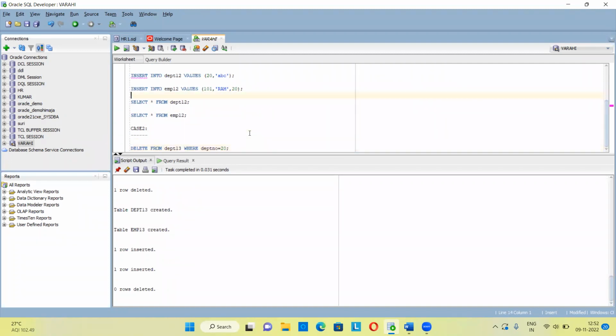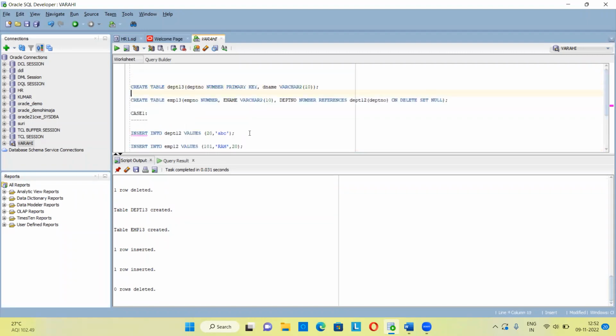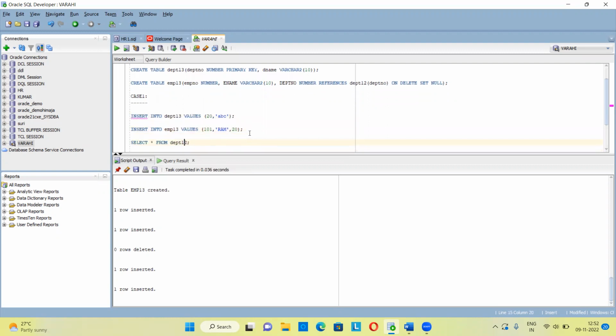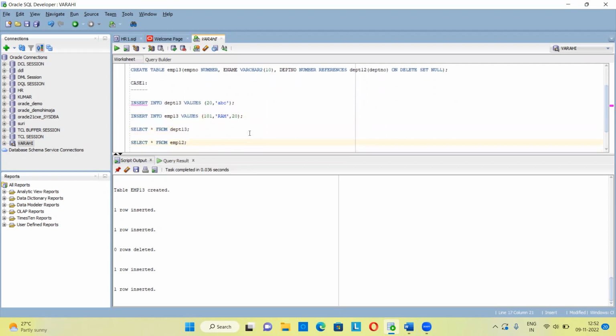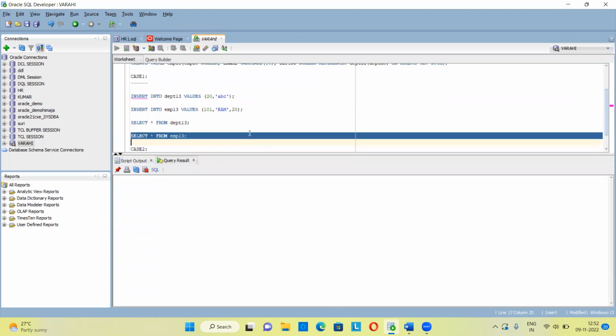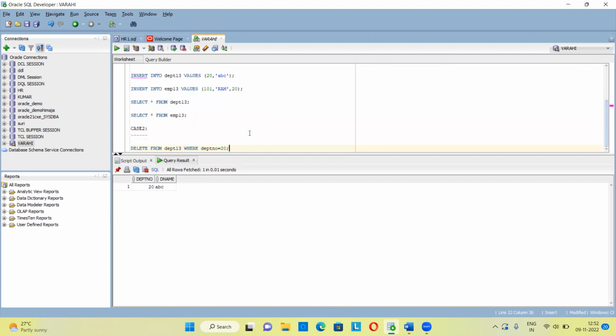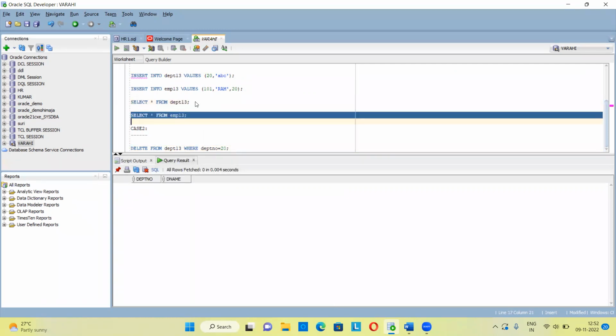DEPT 13, correct now? Oh, sorry, we inserted the data into 12, not into 13. Let's see. Now inserted. Let's check the data in 13. Okay, so there is a record, and here also there is a record. Let's go down and delete it from DEPT 20. Deleted successfully. Let's go back and check in 13. Of course, there will be no record. And EMP 13, if you see,